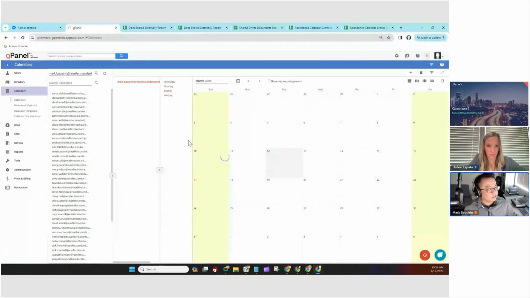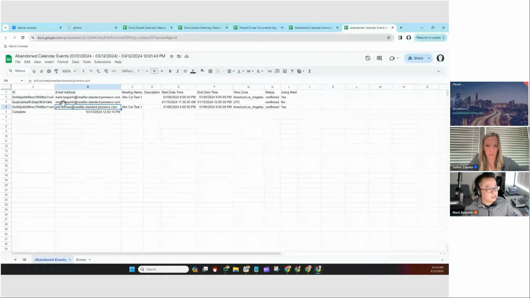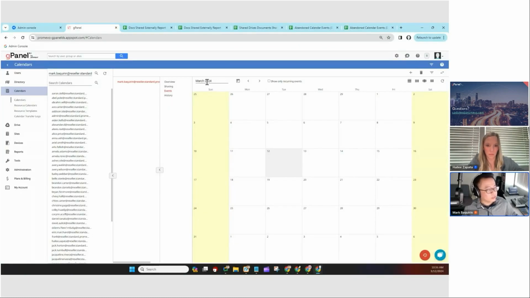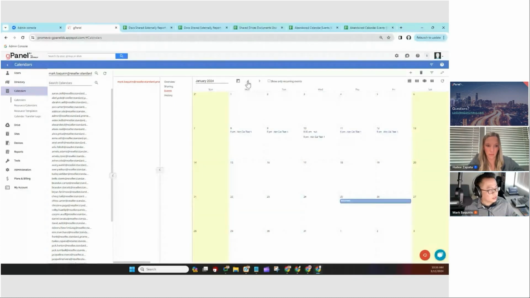And from here, let's see, I may have already done this, but the date was the 8th and the 10th of January. So I'm going to head over to January. So I do see the events here. I have the 8th. I actually have the 9th too and the 10th, but I think I was running some extra